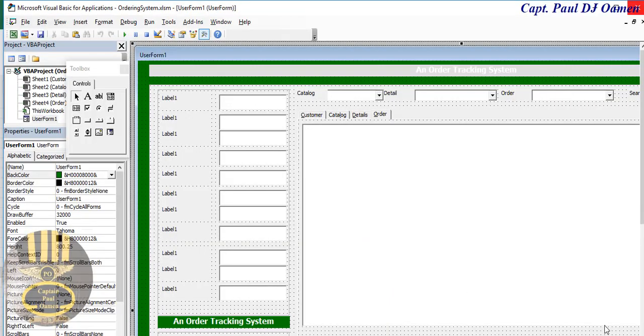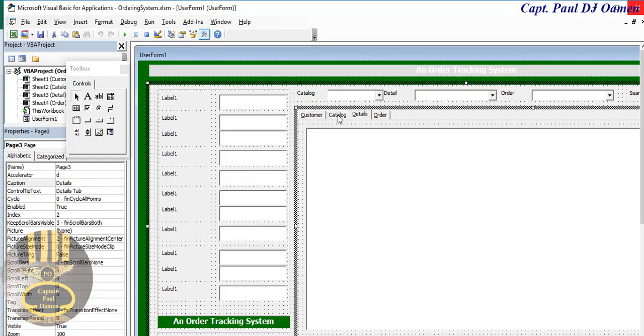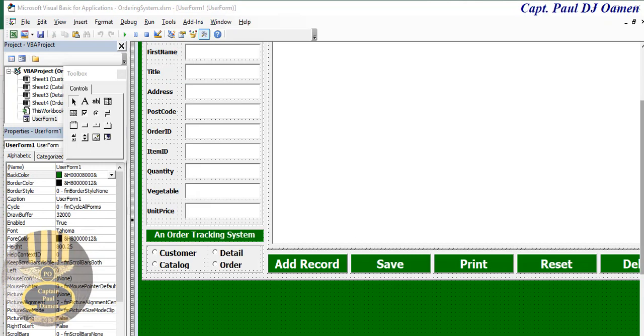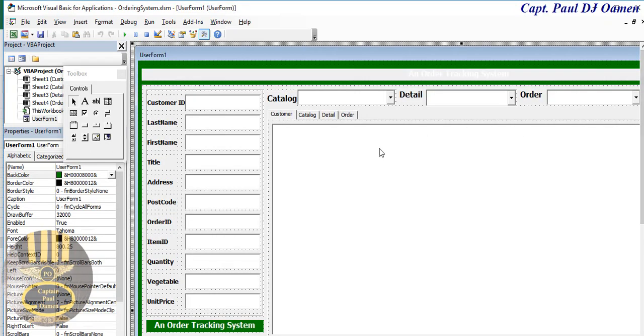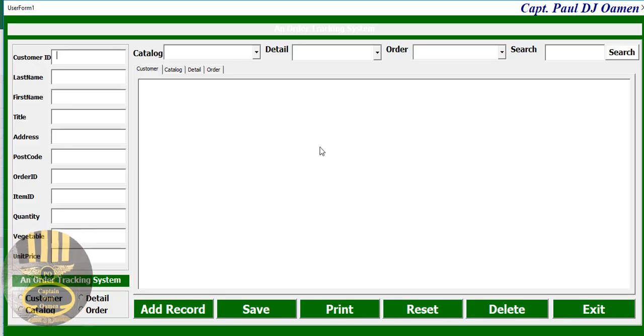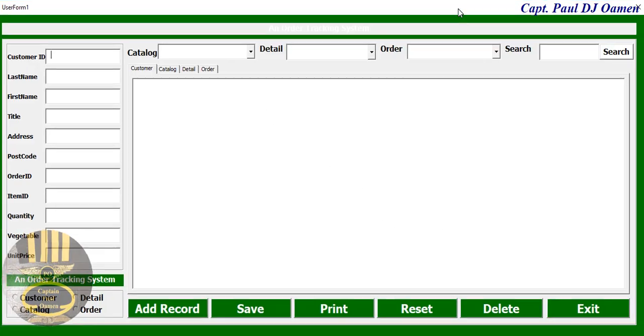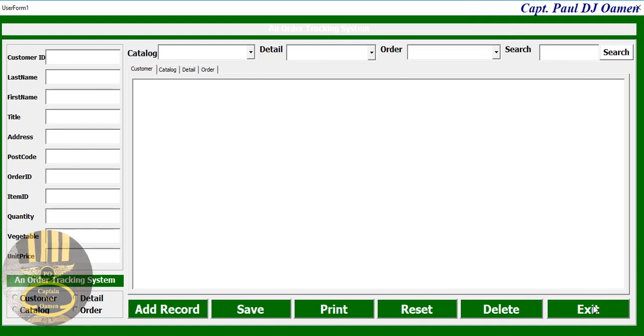Alright, saved. So let's just speed up the appearance so that it looks a little bit presentable. Right there, guys, this is how it's looking now. So I'm just going to click on run. It looks much better. There. Okay, let's start adding some lines of code. First of all, I want to be able to populate